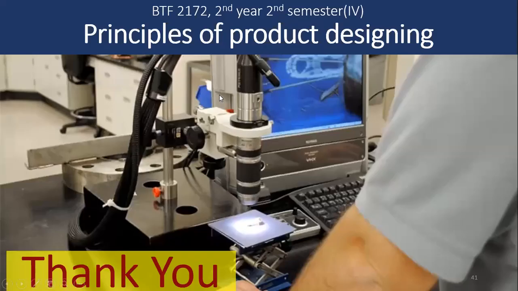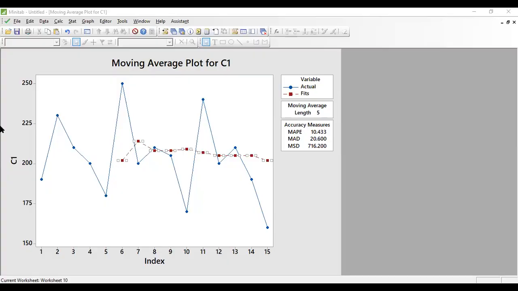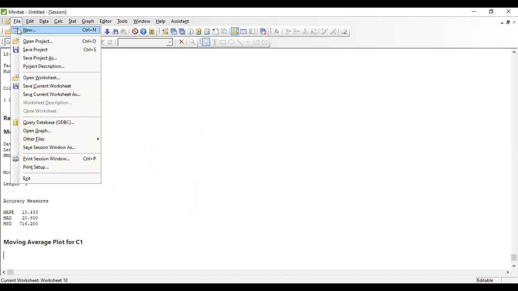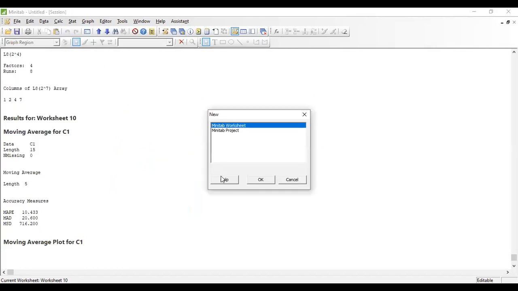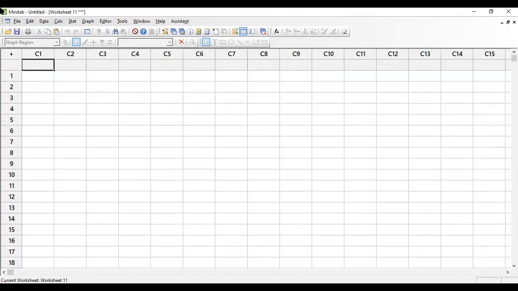Then these are the assignments, and I will give you some assignments. Okay, I think it's over, but I will show you some examples to do these things using Minitab software. So I think Minitab is very commonly used software. Then you need not remember these things. You can just use this type of statistical software to analyze.